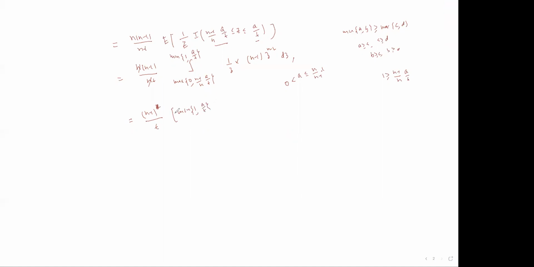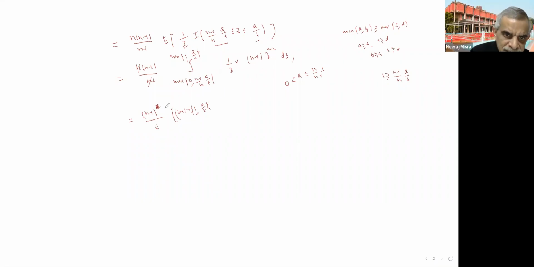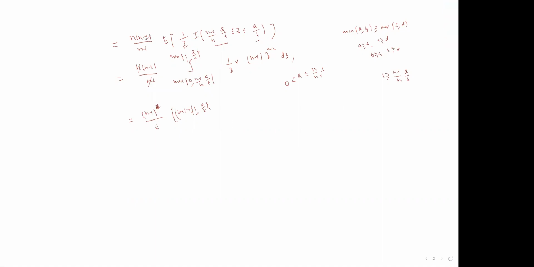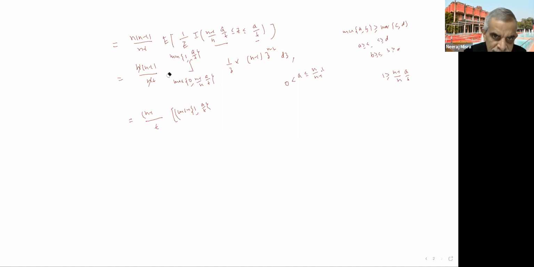So inside the integral, it is 1 by z into z to the power n minus 2 only. Because z to power n minus 3 it becomes, right? So yes, you're right. Thanks for pointing it out. You have to be watchful, and if I'm making any calculation error, you have to just correct me. So n gets cancelled, so this is n minus 1, and then z to power n minus 3. Z to power n minus 3 when integrated will give you n minus 2 over here. So this to power n minus 2 minus